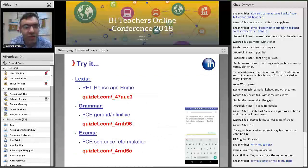I did that with the Lexis for PET. If you're interested in seeing it, there's a link to the PET one there. I did some grammar ones as well for gerund and infinitive, and some FCE sentence reformulation questions. And if it's big enough on your screen, you can see a screenshot of the FCE sentence reformulation question there. Some of these really do lend themselves to a Quizlet type of format, but